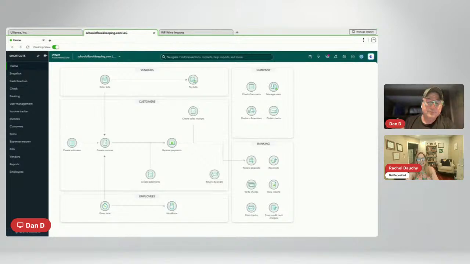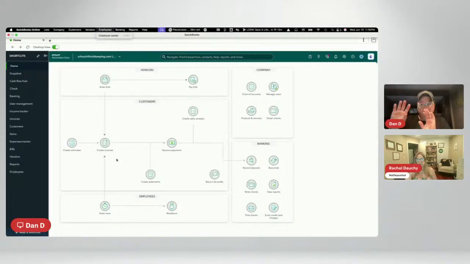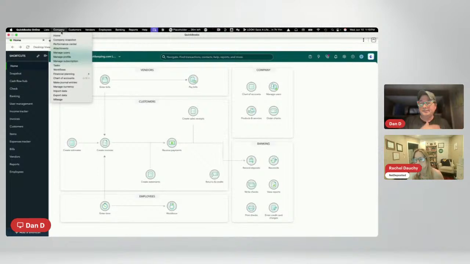But that's one way that you can get more accustomed to working inside of QuickBooks. I was a big fan of menus in the desktop. Me too. Because they don't change, right? They're static, they remain the same. So regardless of whatever shenanigans that Intuit is doing with its user interface, you can kind of use the menus as an old faithful. Yeah, and then another thing, Dan, is that I've used other accounting softwares in the past,